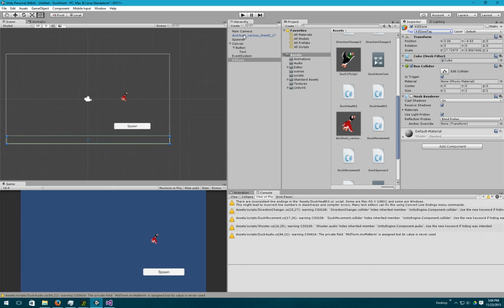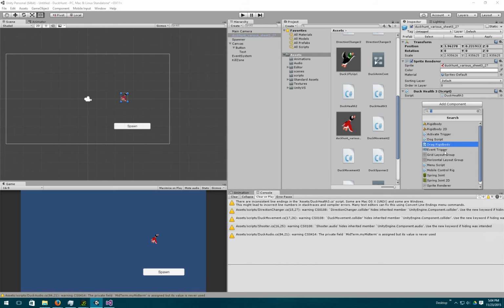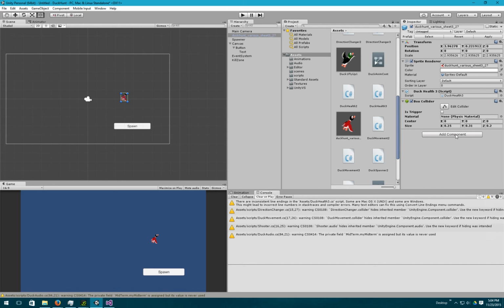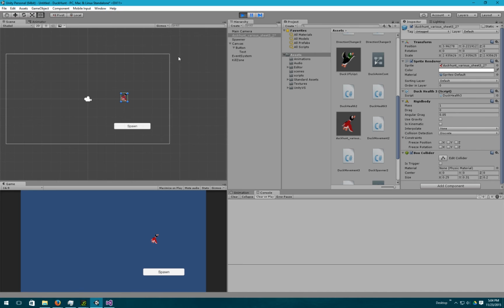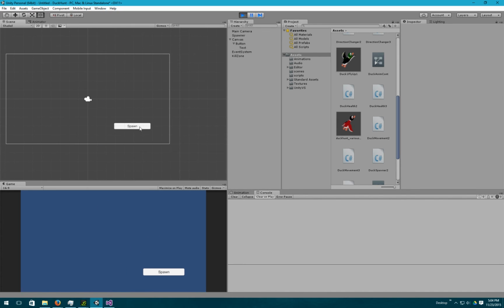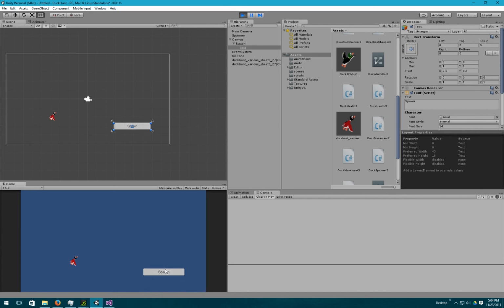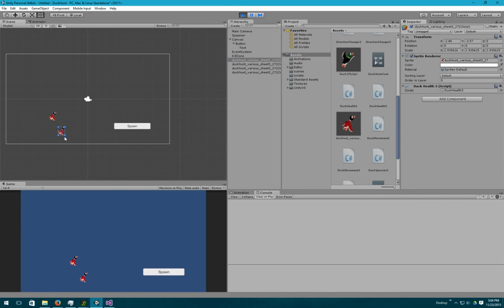Oh yeah, one other thing is that the duck needs to have a collider. I should say a box collider. It also needs to have a rigid body. And we'll turn off the gravity. So now, once I press play, if I click and drag the duck onto the kill zone, the duck will be destroyed, and I'll click here, and then I can spawn more ducks and drag them to, oh wait,